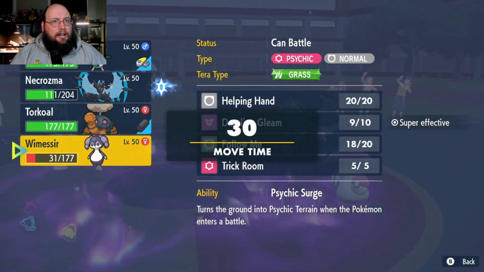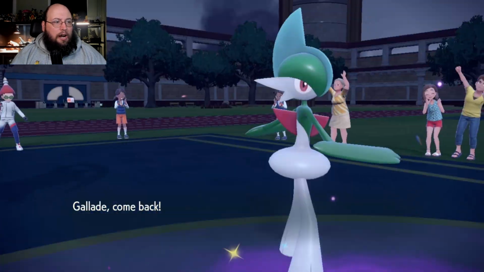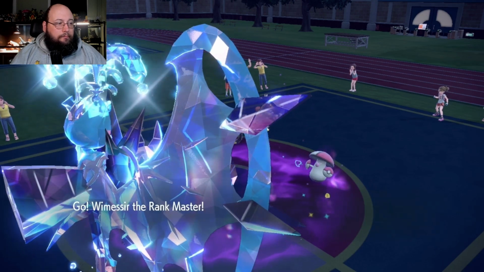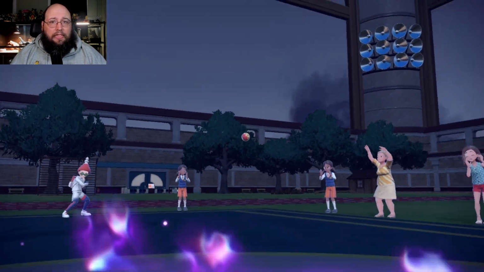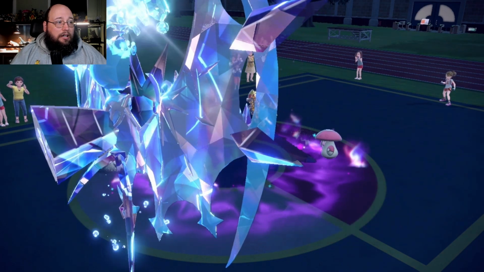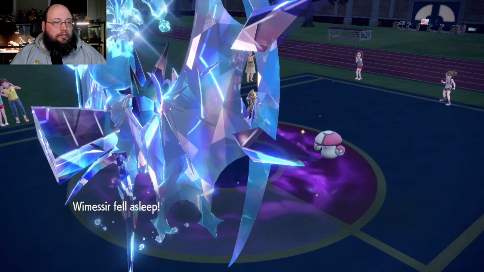So here, Gallade is not really providing me much. I could go for a knockout onto this Amoonguss, which might have been the better play, but I also can't afford to lose my boy here. And he actually goes for the Spore, so yeah, I'm just...